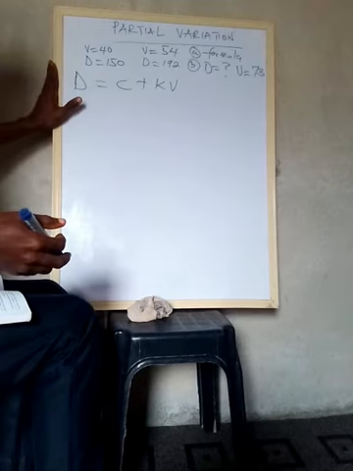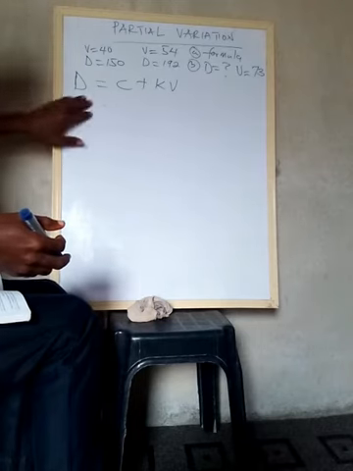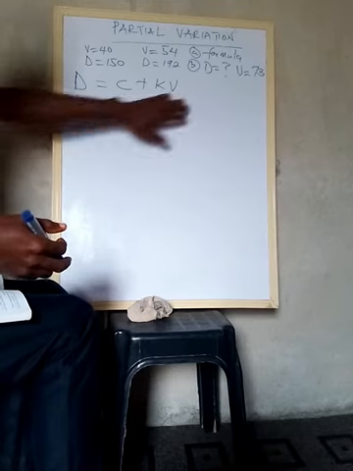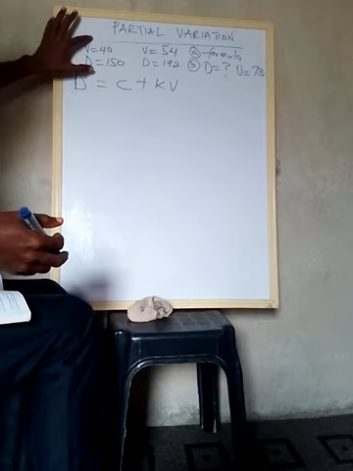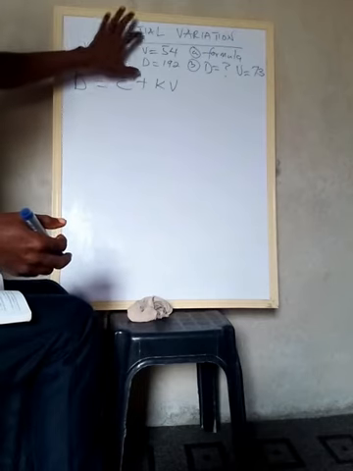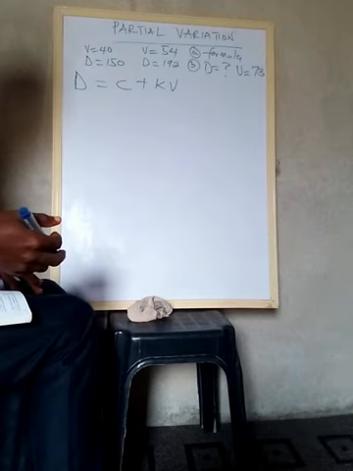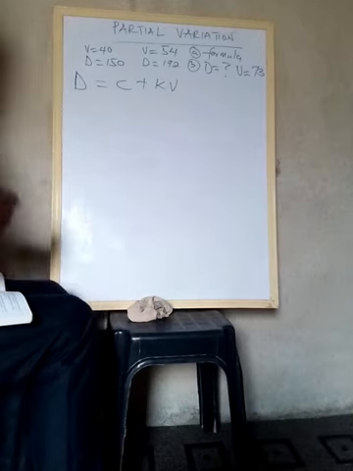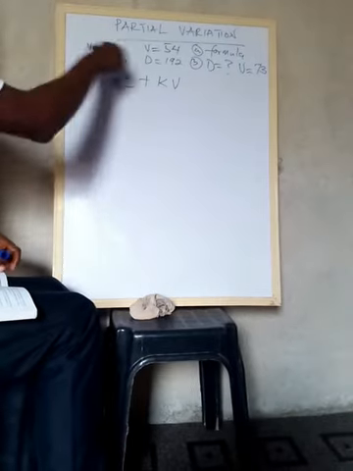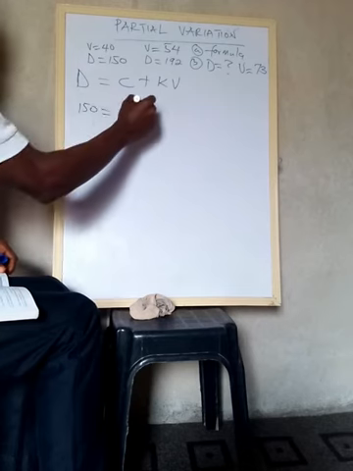And so we are going to plug in these values into this equation that we have just formed from the statement, and it's going to form two equations because we have two values, the first one and the second one. This will give rise to a simultaneous equation. Simultaneous means we are going to solve them at the same time. So the first information, V is 40, D is 150.